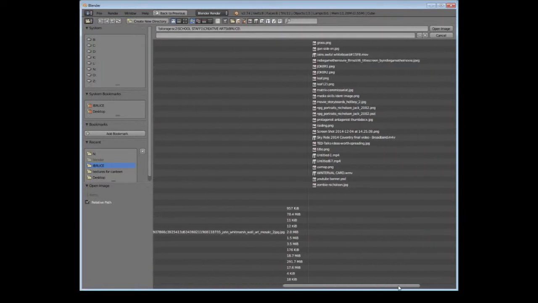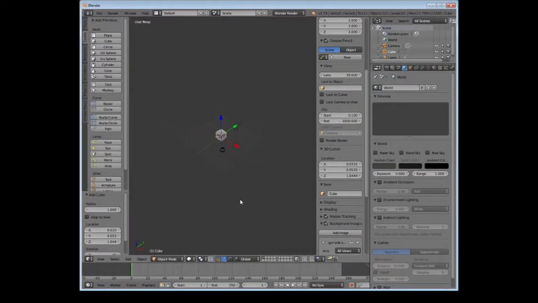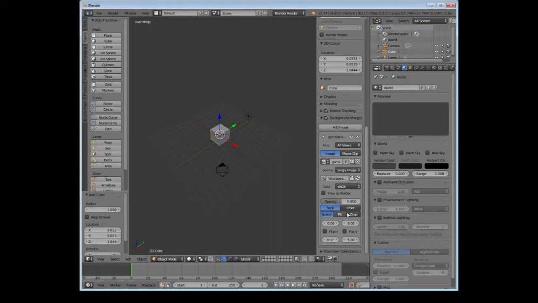I know I've saved mine over here as gun side on. Click open image. And it hasn't appeared, and that's fine, we don't need it to appear yet. What we need to do now is just double check that we've got the axes set to all views, the opacity to 0.5, the back button is selected blue, and that means it will be behind what we're modelling, the